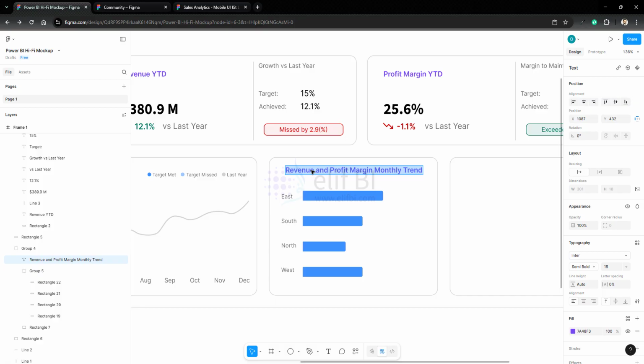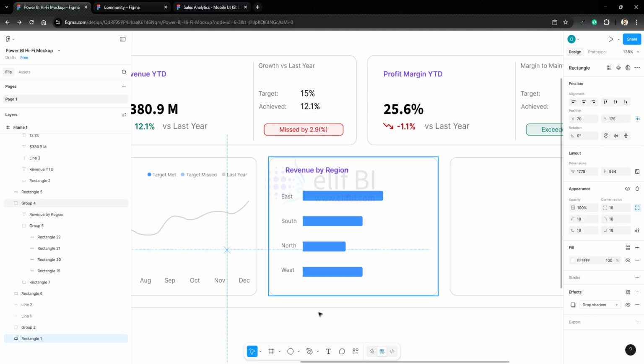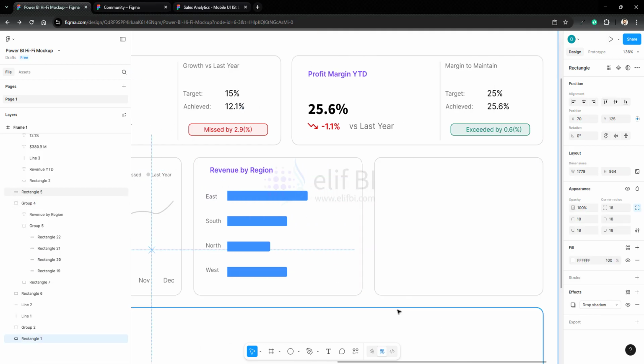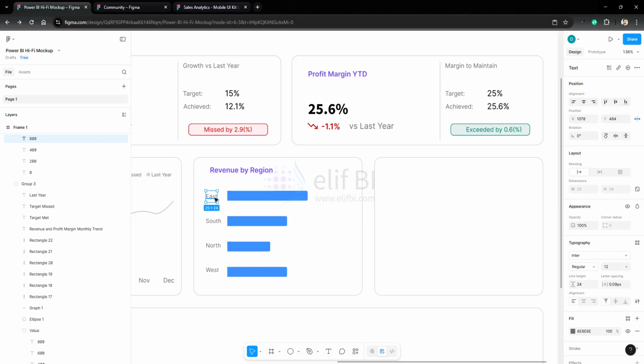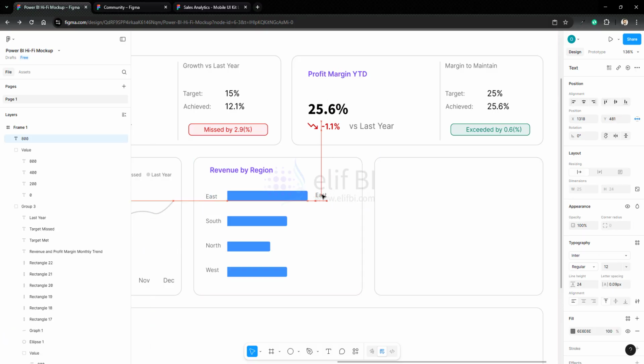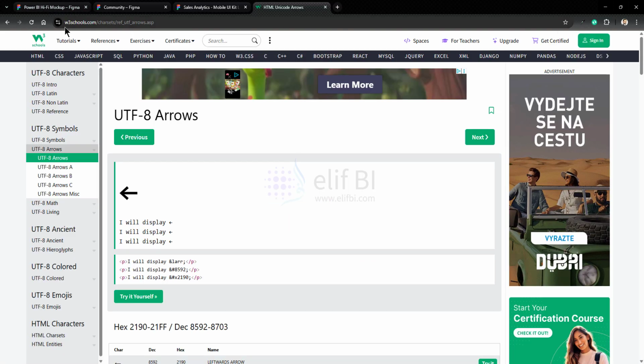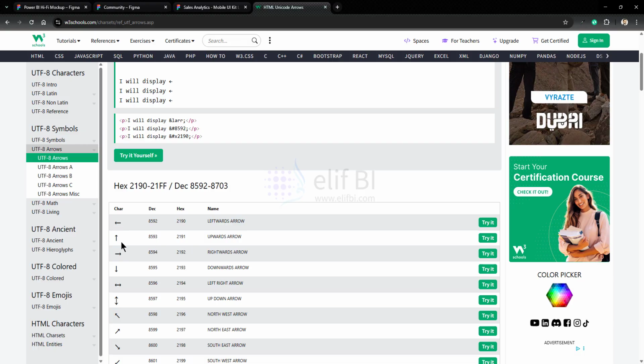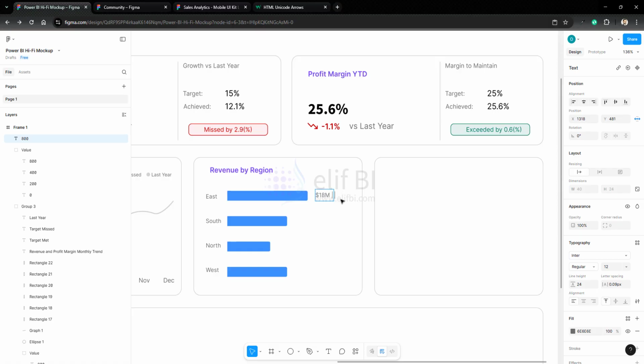We can write it revenue by region. Then we have to bring in some of the data labels. For that, select one of these and paste it here, and let's say it's $18M and it's down by -3%. In W3 schools you will find all of these down and up arrows. You can select any of these. I will select this one and place it here, and then I can say